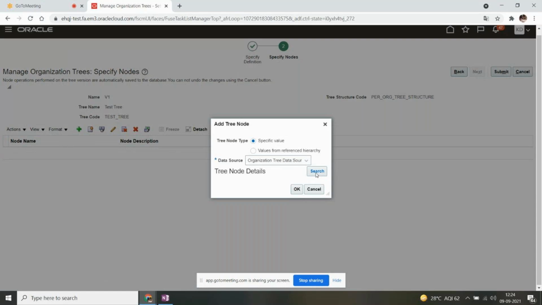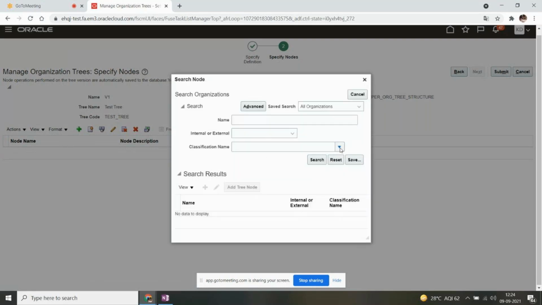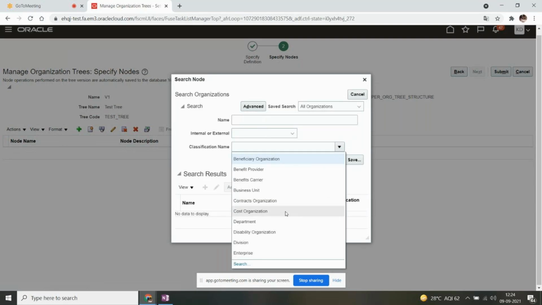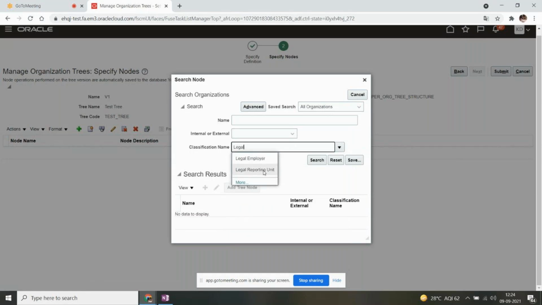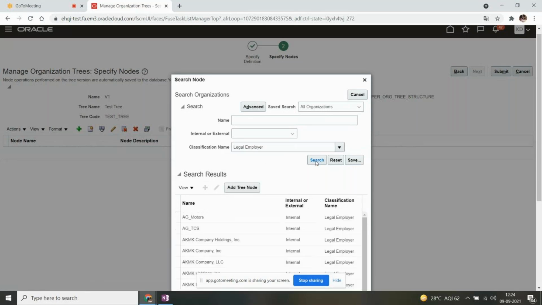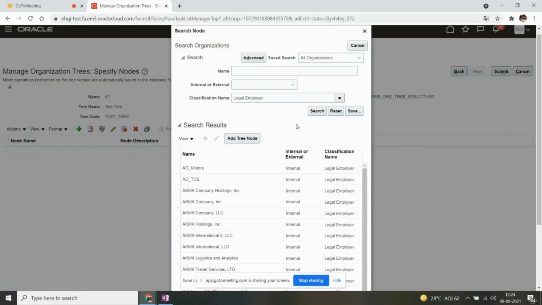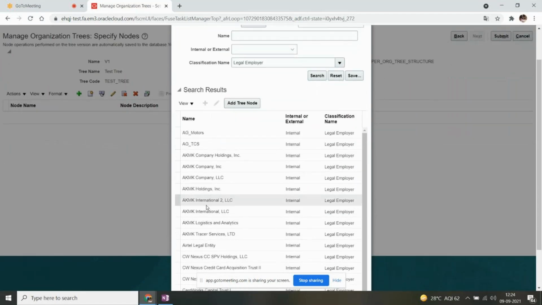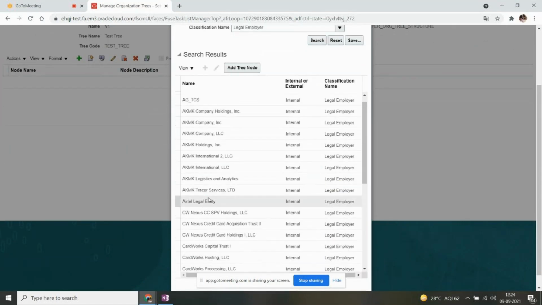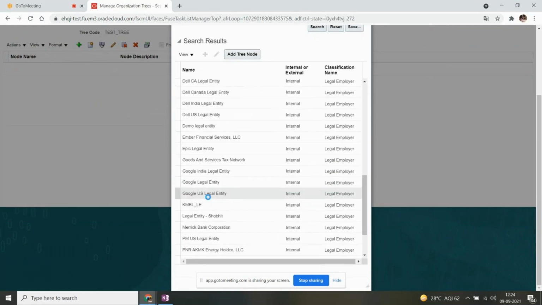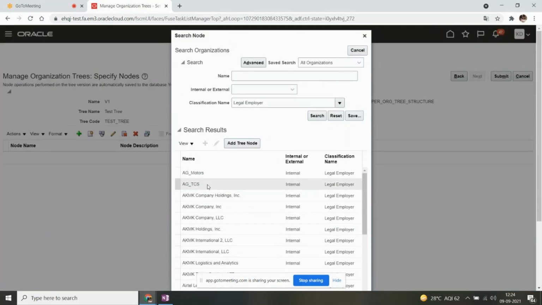So click on search and then select your classification as legal entity, so that you can see only the legal entities here. Let me go with AG Motors. So this is my legal entity. Once you select this, click on add tree node.